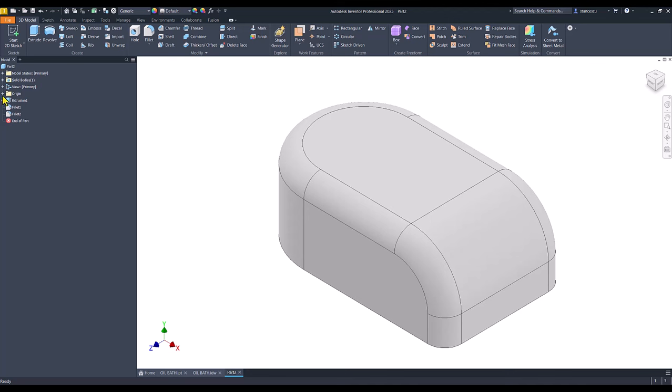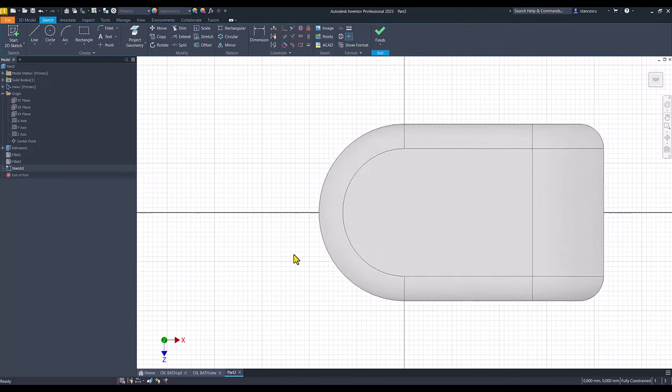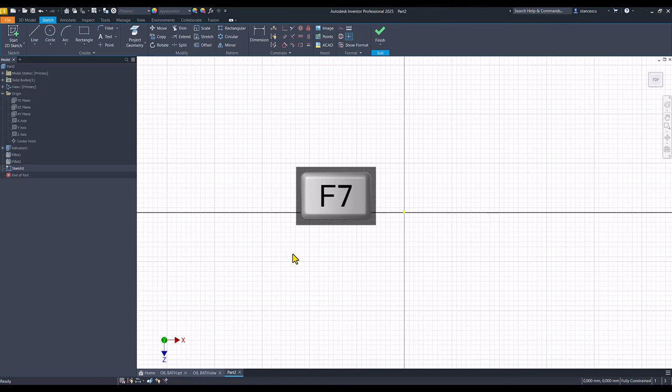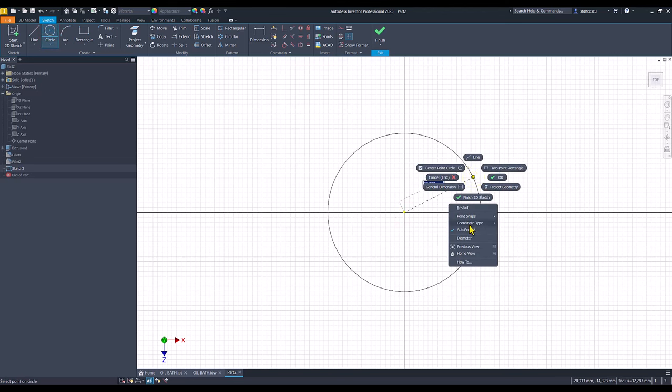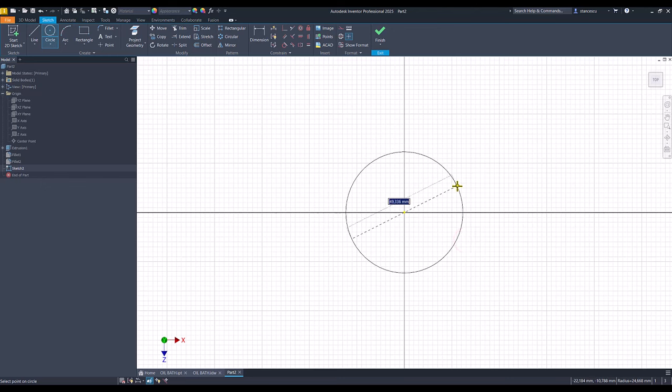So I select again this plane for a new sketch, F7 to see the center point or projection the center point, diameter not radius of 36,